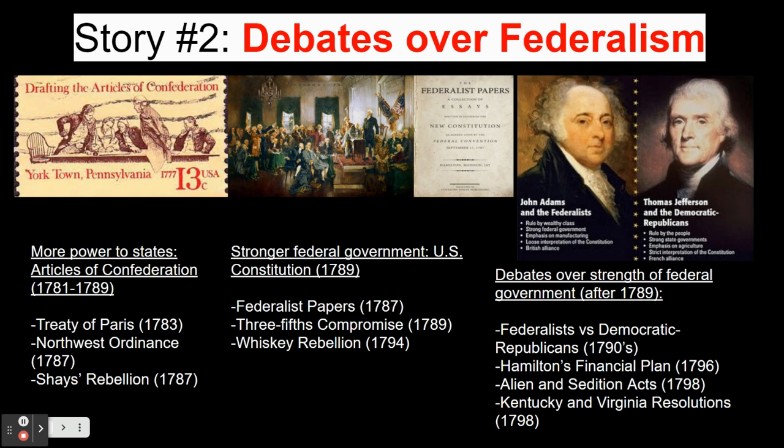Now, however, it's important to understand debates over the power of the central government are going to continue to persist even after 1789. Even within Washington's own cabinet, there was division over how to read the new Constitution. Washington's Secretary of the Treasury, Alexander Hamilton, believed that the Constitution should be interpreted loosely. And as a result, he saw no problem with the government doing things that were not directly mentioned in the Constitution itself. Most notably, Alexander Hamilton's financial plan sought to establish American credit by having the central government assume the debts of the states and establishing a Bank of the United States.